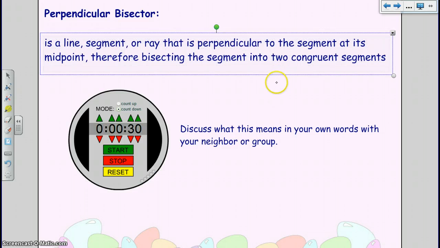Remember that a perpendicular bisector is a line, segment, or ray that is perpendicular to the segment at its midpoint, therefore bisecting the segment into two congruent segments. Now we want you to discuss what this means in your own words with your neighbor or your group. I'm going to translate that for you because I know that's a lot to take in. So it says a line, segment, or ray that is perpendicular. What that means is if I have a triangle,